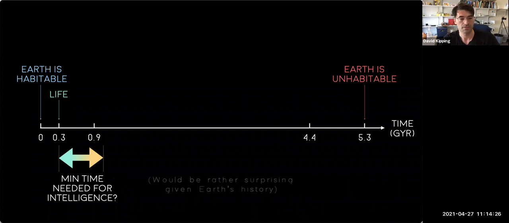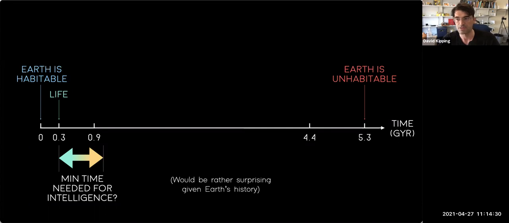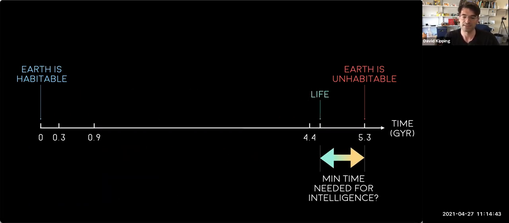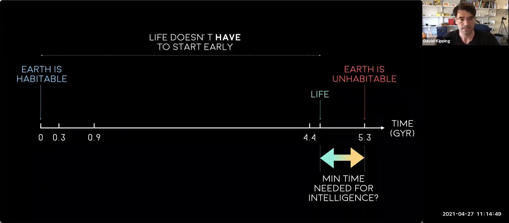But if that were true, then, first off, that would be pretty surprising, because clearly that didn't happen on Earth. We didn't even get multicellular life until 3.8 on this scale. So we would be a very, very slow evolutionary example in the universe if this were true. But let's just work with it. If that were true, then life indeed could start very late and still have time to develop intelligence before the end. And so in that case, you would say, well, life doesn't have to start early.